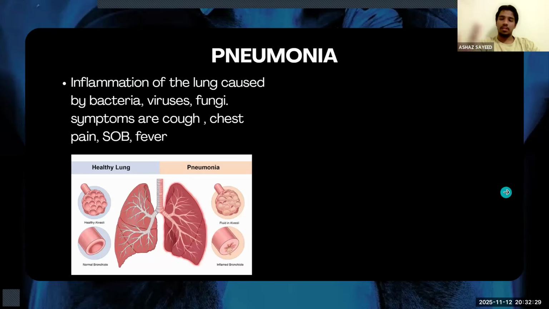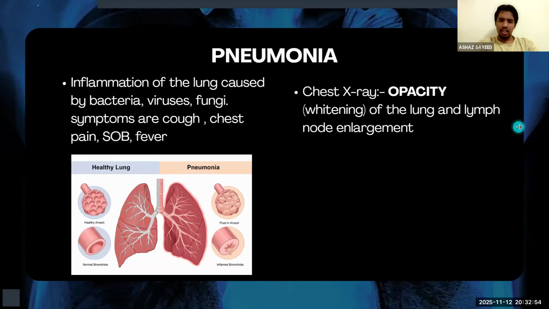Now, the next pathology or the next problem is pneumonia. You guys probably heard of pneumonia a lot. What it is: bacteria, viruses, fungi. There's an infection which causes an inflammation of the lung, and the symptoms are cough, chest pain, SOB, shortness of breath, and fever. Whenever you have an infection, you're gonna have fever for like 95% of the cases. All right. Now, with pneumonia, the important thing you have to remember is